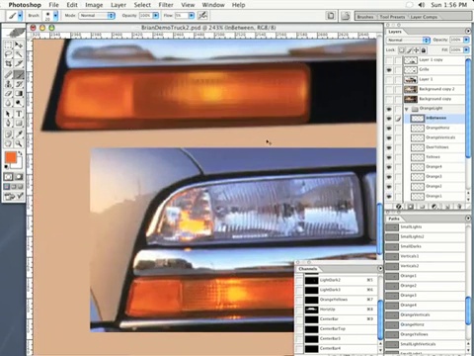Command H to hide it. Now let's go get some of this very light orange right here. Okay, now watch how cool this is. Remembering that I'm painting in between. Watch how hard you go. It only takes a little bit of paint. See how I'm kind of beefing up the in-between areas to make this come true right over here. And without going a lot too far, I've pretty much got what I wanted to show you,